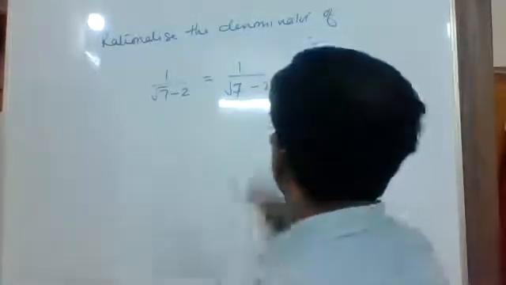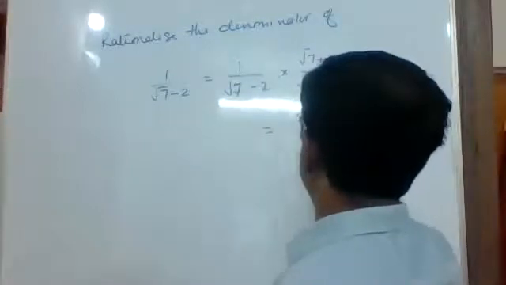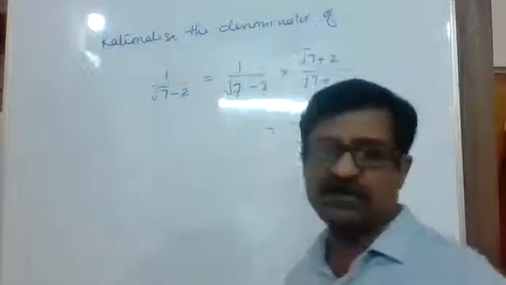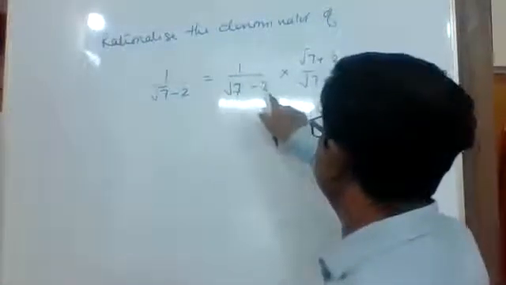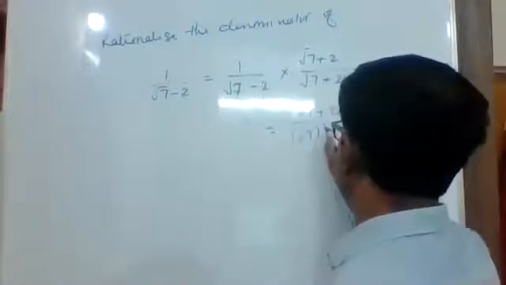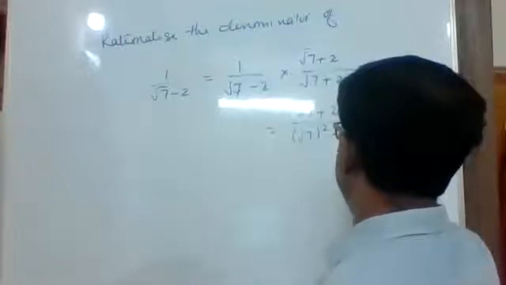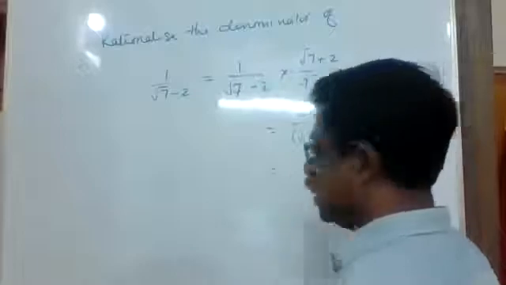Clear? We multiply 1 with root 7 plus 2. We get root 7 plus 2 because when 1 is multiplied with any number, we get the same number. The denominator is a minus b into a plus b. And the formula for a minus b into a plus b is a square minus b square. This is root 7 plus 2 upon